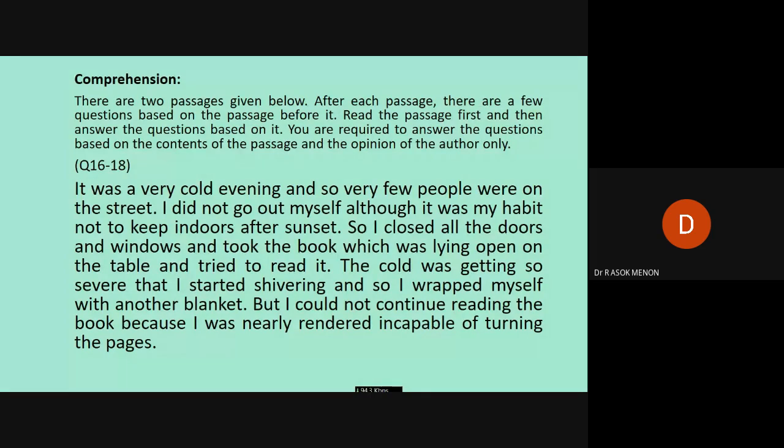Then here we have a comprehension passage. This is also a very regular question in all competitive English exams. So we are not going from sentence to sentence in this introductory section because